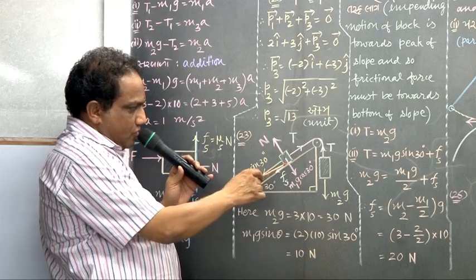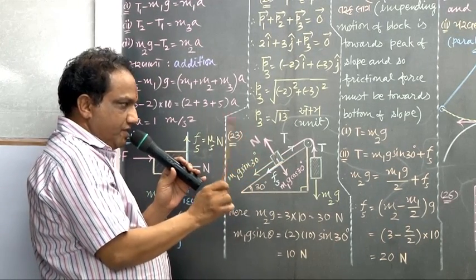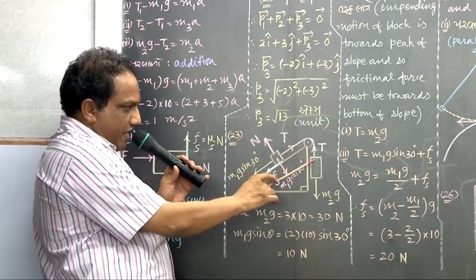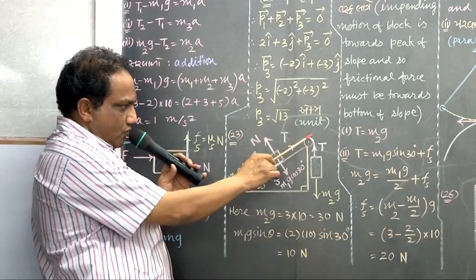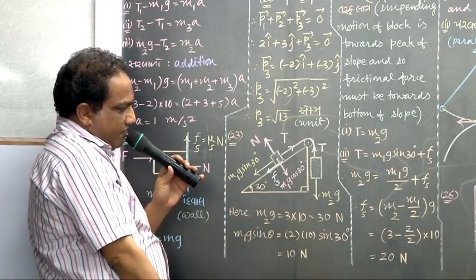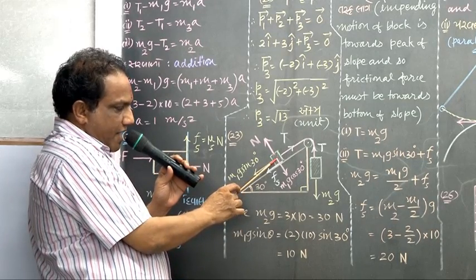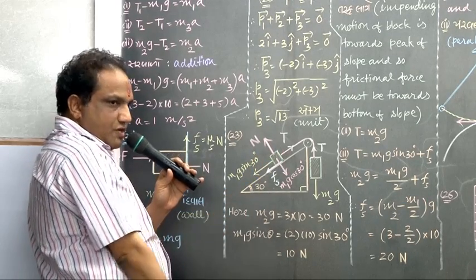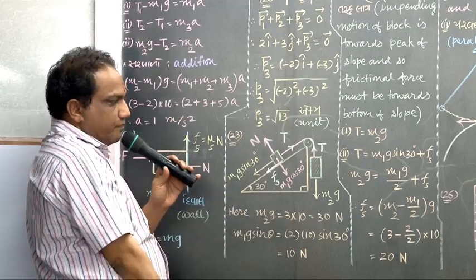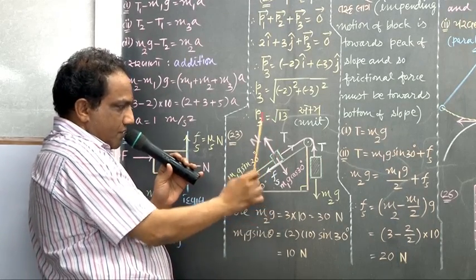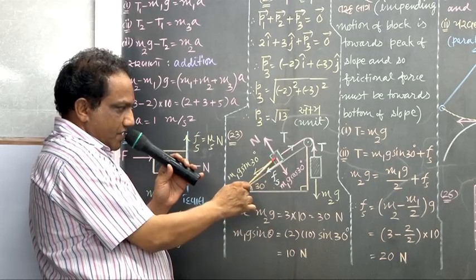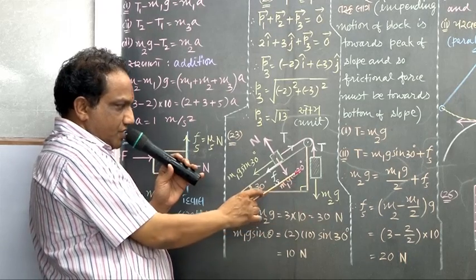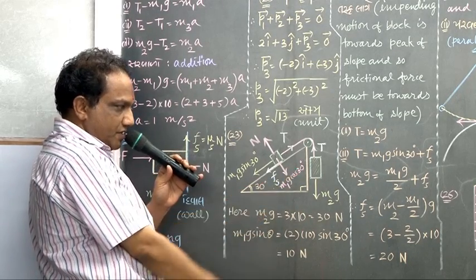Here is the rough surface of the slope. Rough surface means it has some friction. They have given 2 blocks which are tied at the 2 ends of a string which has been passed over a frictionless pulley. Fine. Mass of this block I am taking m1, mass of this block I am taking m2. On a block lying on the sloping surface of the slope, what is the normal force? It is equal to mg cos theta. Instead of m, I am putting m1, g as it is, cos theta. Instead of theta, the angle of slope is right now 30 degrees.